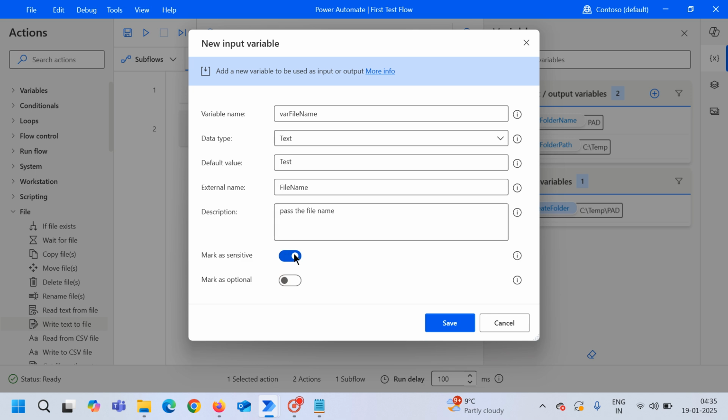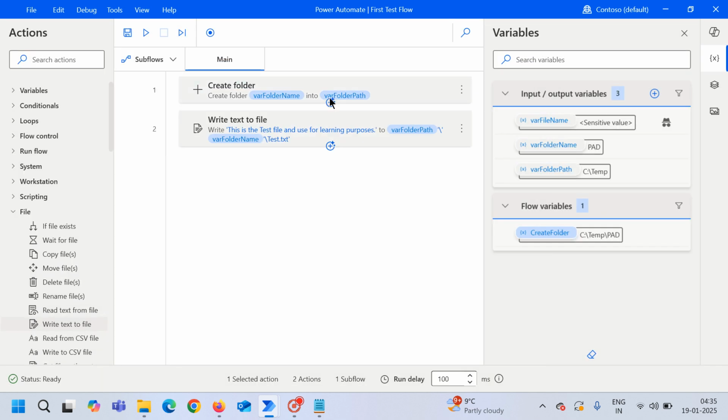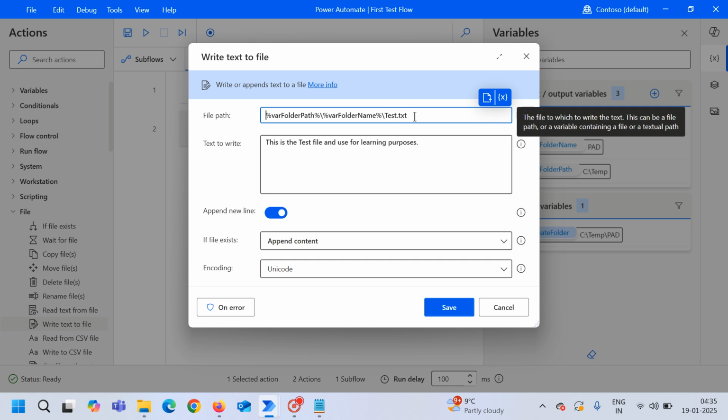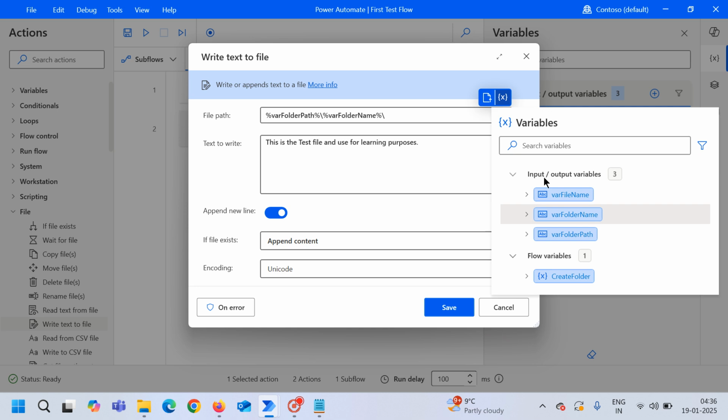Let's mark as sensitive this one. Click on save, and now I'll do one thing. I'll click on edit and I'll remove this, select file name